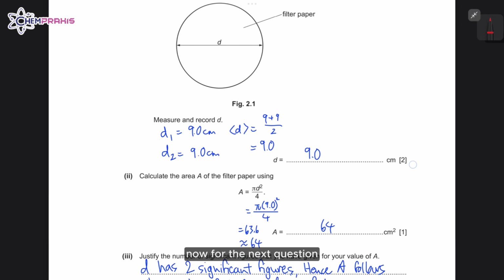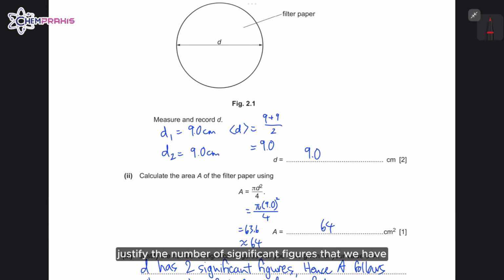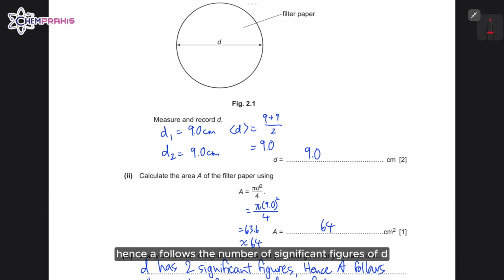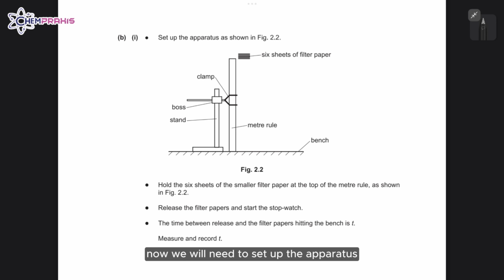Now for the next question, justify the number of significant figures that we have given for our value A. We can write D has two significant figures, hence A follows the number of significant figures of D. Now, we will need to set up the apparatus shown in figure 2.2. Then, we will need to hold the 6 sheets of smaller filter paper at the top of the meter ruler, and release the filter papers and start the stopwatch, and measure the time between release and the filter paper hitting